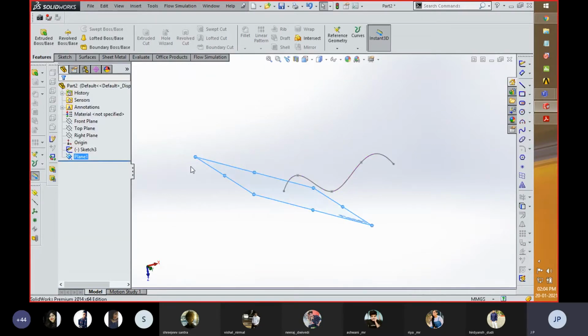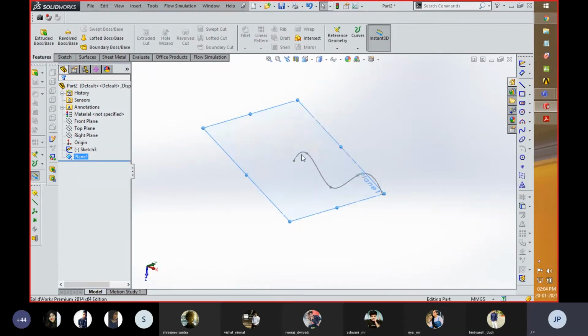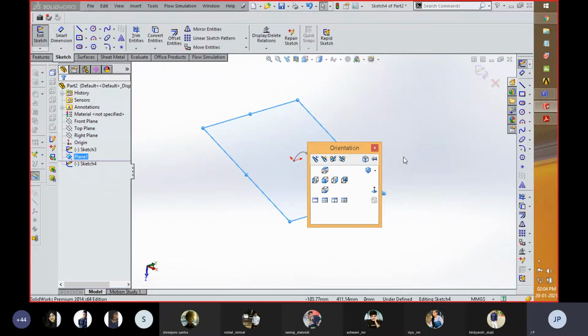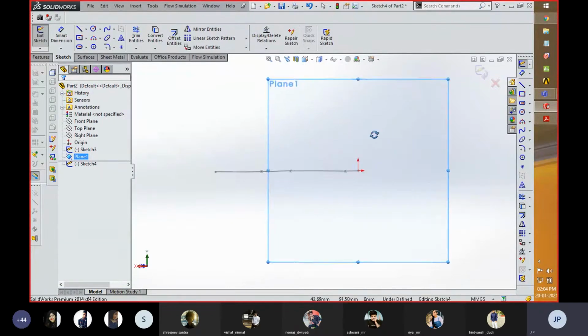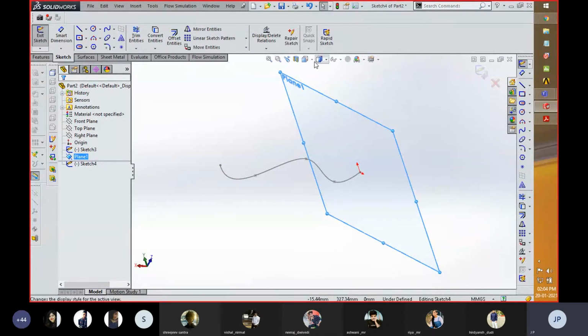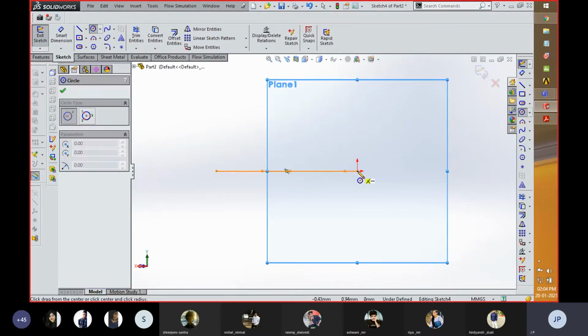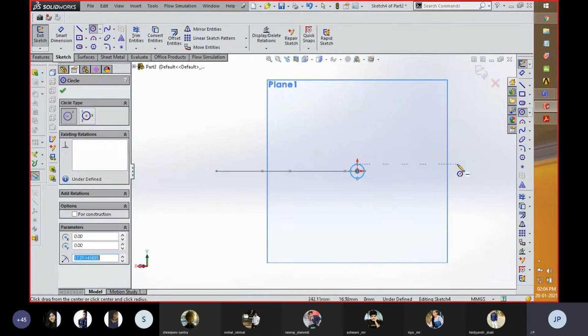After that you can exit that datum plane module. Now I need to create another profile with respect to that spline which follows that path. This pop-up which you are looking at right now, you can get by pressing your space bar and then clicking on normal. You can also do this from over here, then click on this toolbar and then click on normal. Okay, after that, whatever profile you require to follow, you can create this sketch.